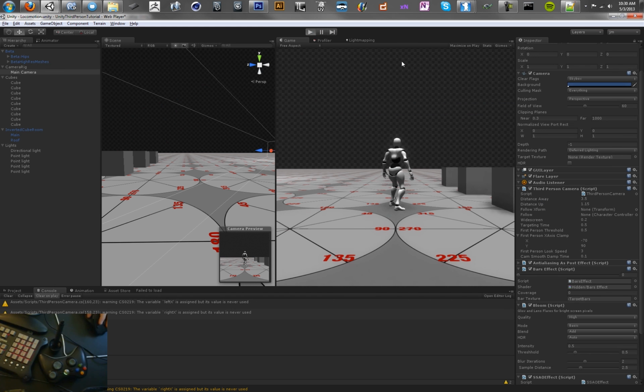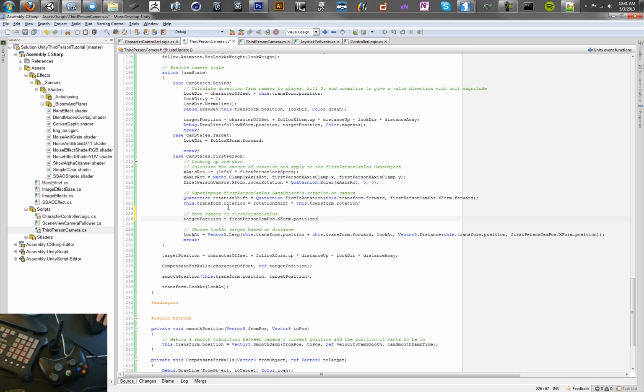So it's still not quite working, and the reason for that is we haven't actually moved the camera's target position yet. So right now it's basically just still sitting behind the character. We really want it to be where that first person transform is. So add one more line, and we're just going to set the target position equal to the position of that first person camera, that game object we created. So now when we press up on the stick,